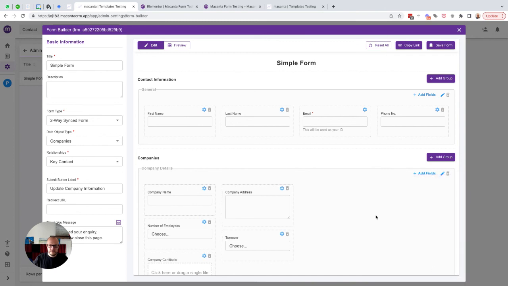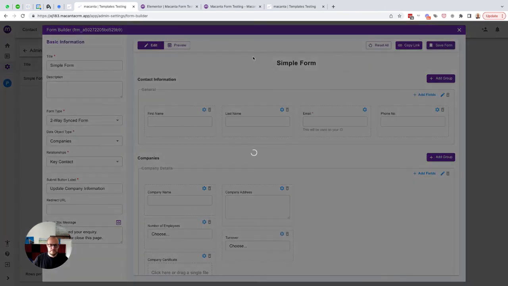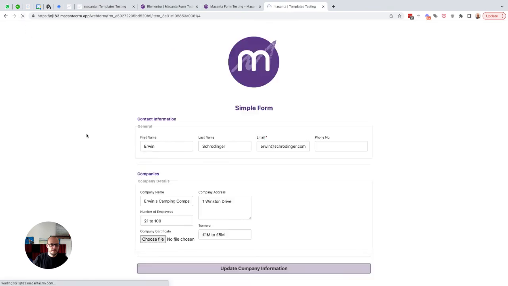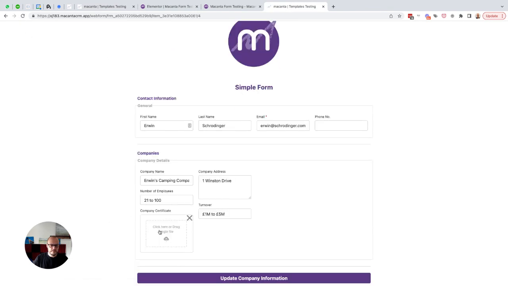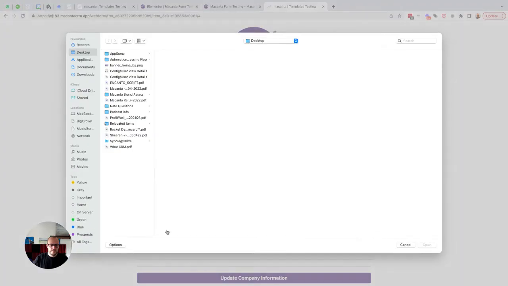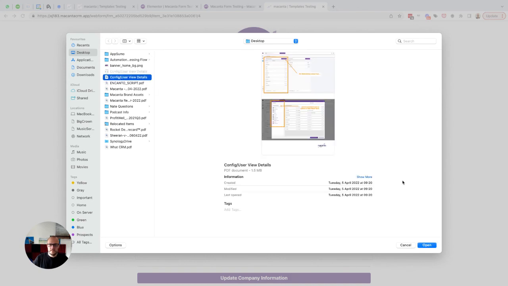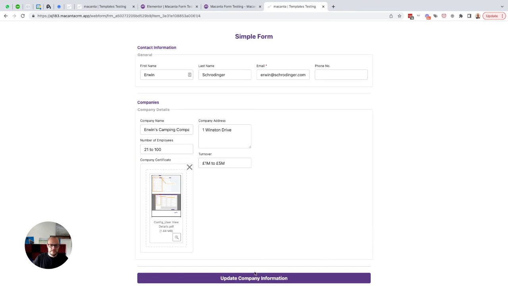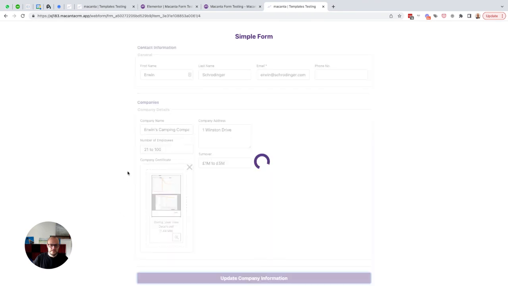So add that field, save our form, and if I refresh the form here, you can see we've got that again. I go in there and we are going to use this file here, open that, and then I update and submit that,